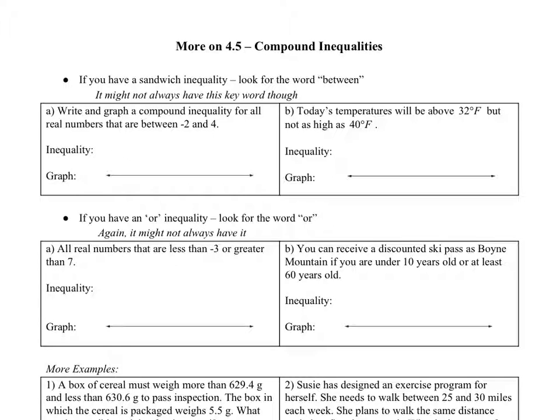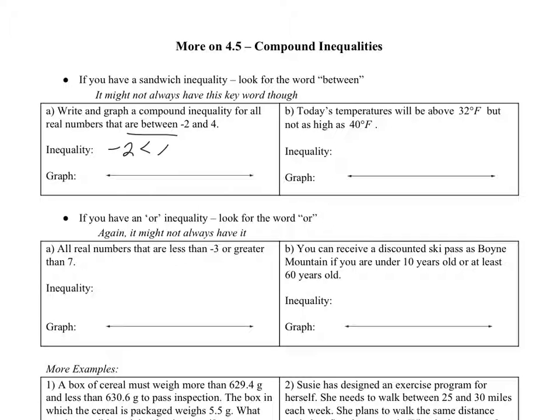Here's some more examples of compound inequalities. Write and graph a compound inequality for all real numbers that are in between -2 and 4. If you're in between, it does not include the endpoints. So if you're in between Grand Rapids and Detroit, you're not in Grand Rapids or Detroit, you're in between them. So between, you're going to use